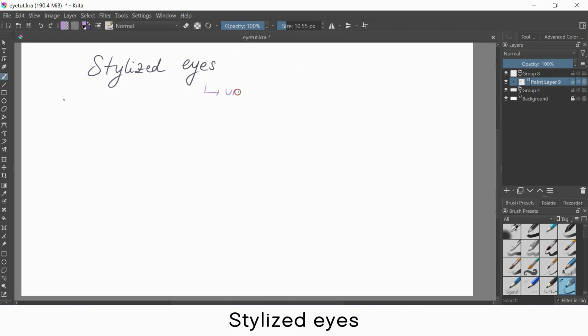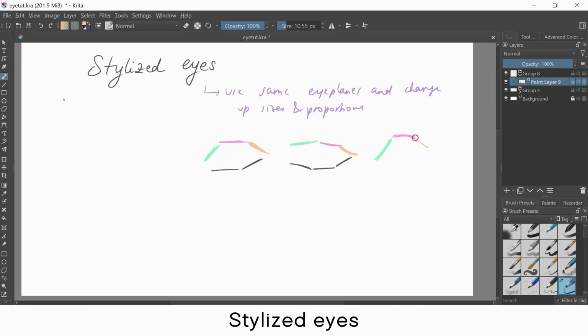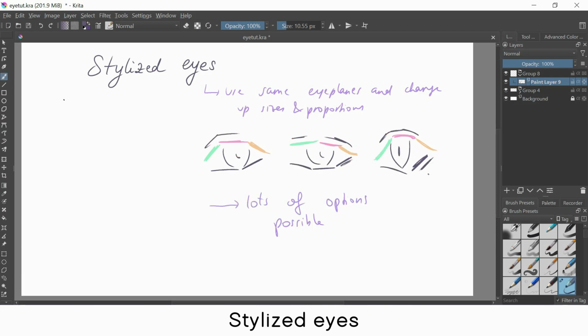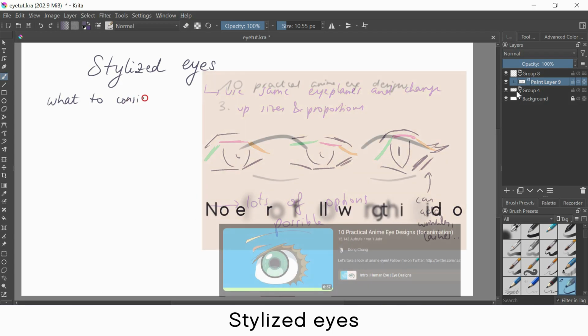Then for stylized eyes, you would use the same 3 planes, or planes for the upper eyelash and for the lower one 2 or 3, and here you can then change up the angle, sizes and proportions. You could also simplify it even more and just use 1 line for both the upper and lower end and so on. What you can consider when you are making decisions about changing the eye shape is the personality of the character